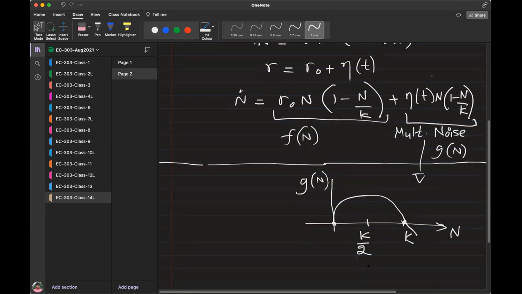Now, why is that the case? To understand that, you have to see where you introduced the stochasticity. You introduce stochasticity in the intrinsic growth rate of the system, the per capita growth rate. R0 is the per capita growth rate, and there is a fluctuation in that. So basically the stochasticity in the per capita growth rate manifests at the population level in this form. And maybe it does make sense. When there is nobody in the entire population, there should be no stochasticity, and that explains this limit.